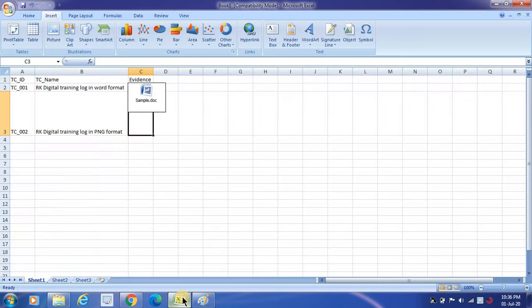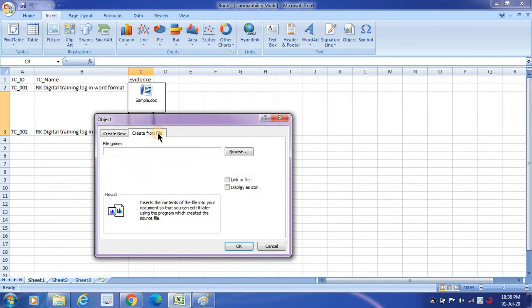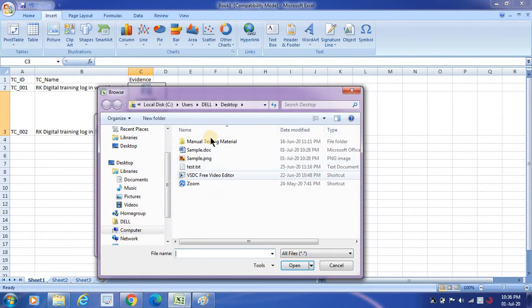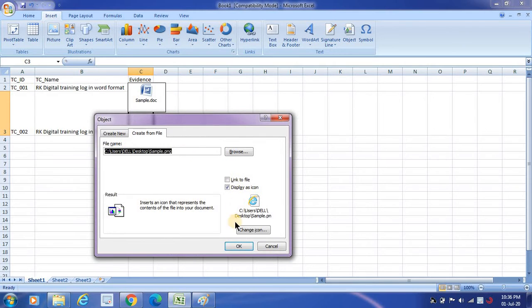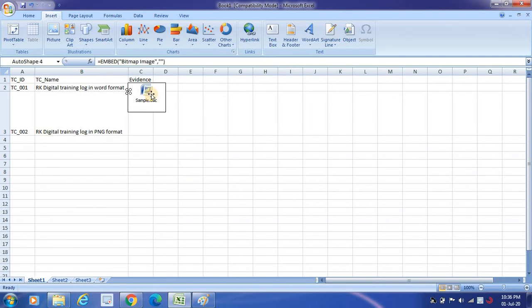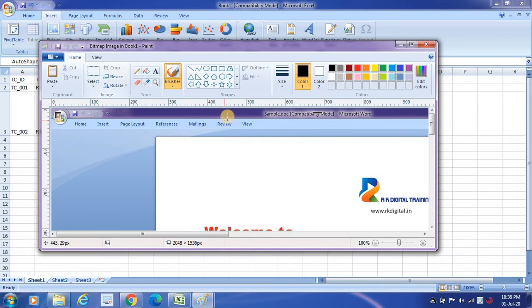So now what I wanted to do, I wanted to insert that. Select the cell, go to insert, and then click on object, and then create from file, and display as an icon, browse, and then click on sample.png, and then if you wanted to change it, or else if you don't want to change, keep it the same way. Click on OK. Then automatically you will be able to see the other file as well. See, both the files will be available here. See, that file has come here. If you double click on it, automatically you will be able to see the bitmap. The .png file, the bitmap has come here.